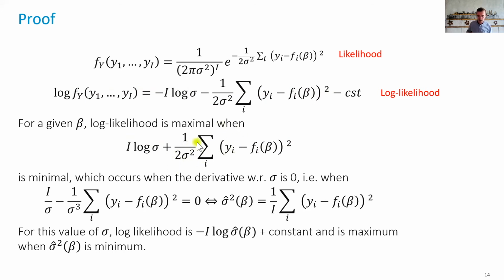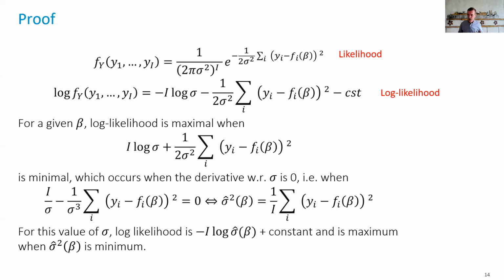which is a trick that can often be done when one of the steps is easy, as will be the case here. So I first maximize for a given beta, and say, for any beta, what is the max of that? What is the sigma that reaches the max of that? Why is it easy? Well, because it's a function of one variable that has a closed form. I can compute the derivative. I set the derivative to 0, 1 over sigma plus, etc. And I obtain that for a given beta, the value of sigma that maximizes this is given by this formula,